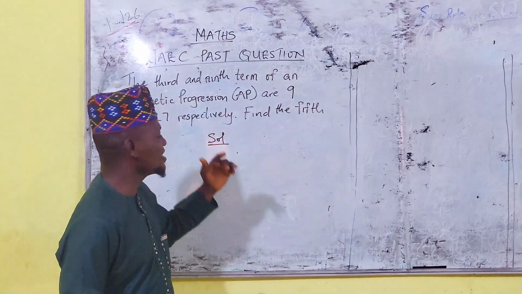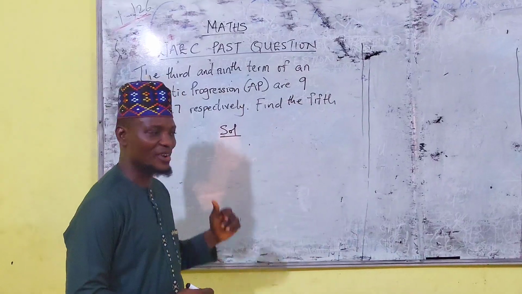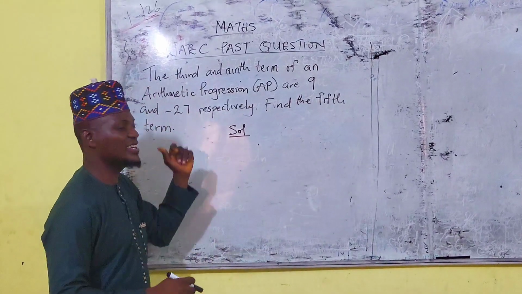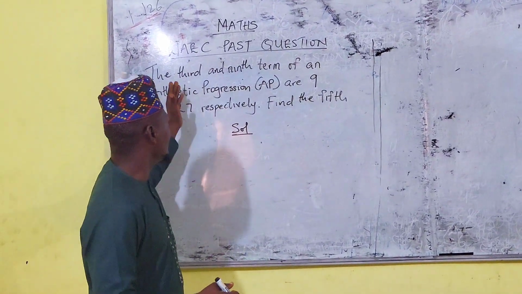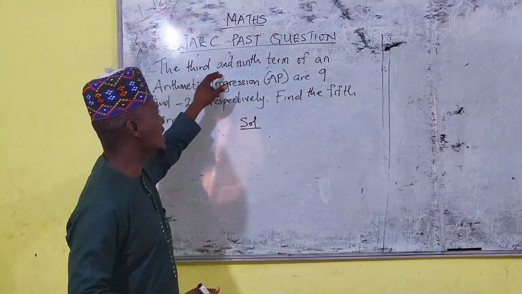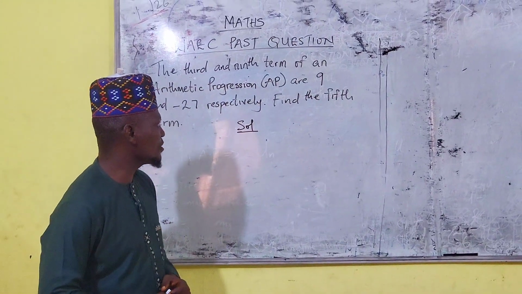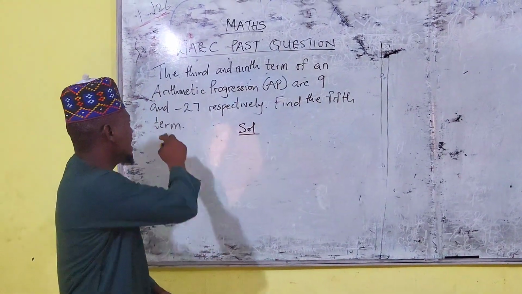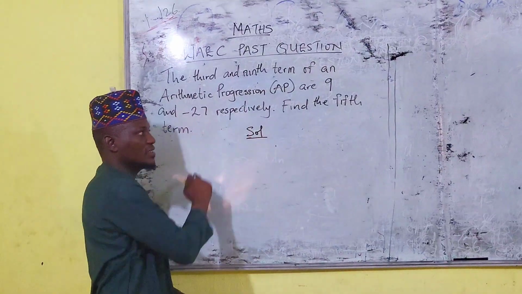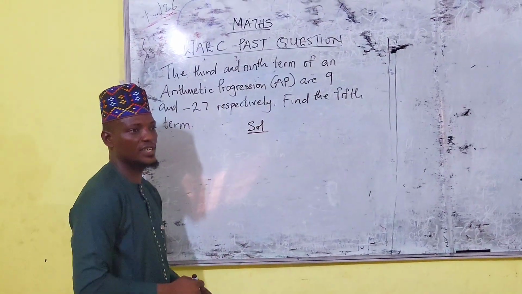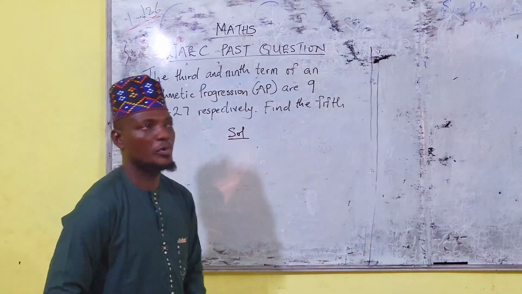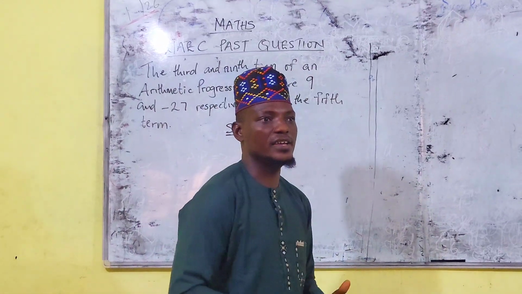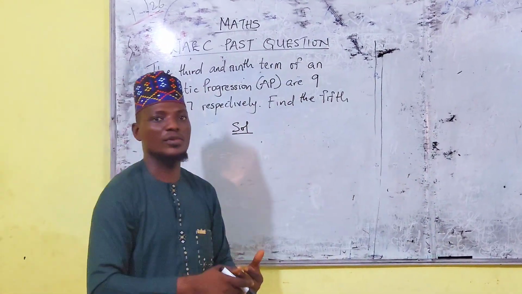So we are here to deal with this question under arithmetic progression. The third and the ninth term of an arithmetic progression, AP, are 9 and minus 27 respectively. Find the fifth term. When you are calculating the term under AP, it has its own general formula, just like